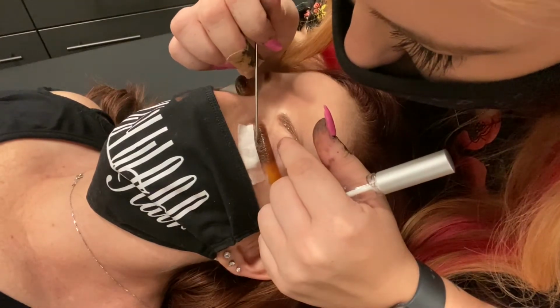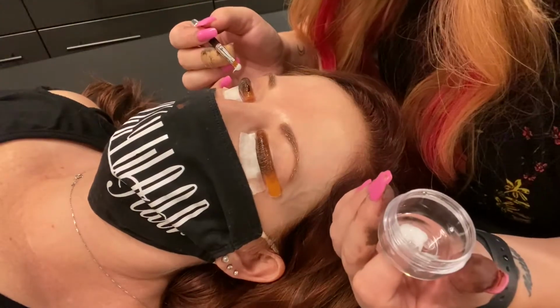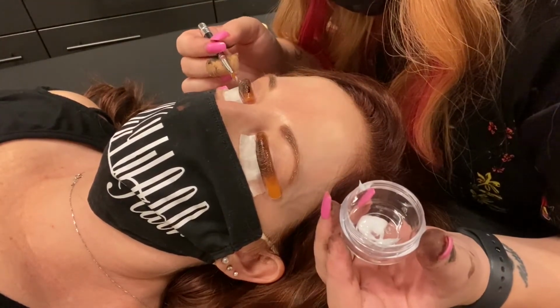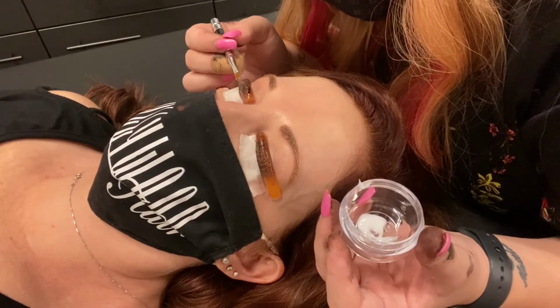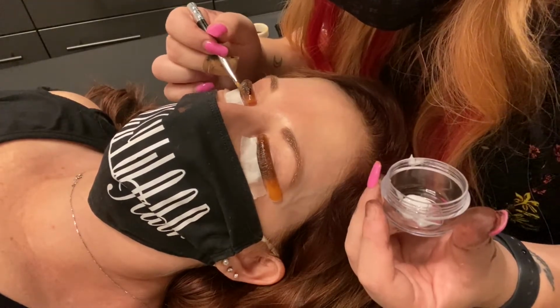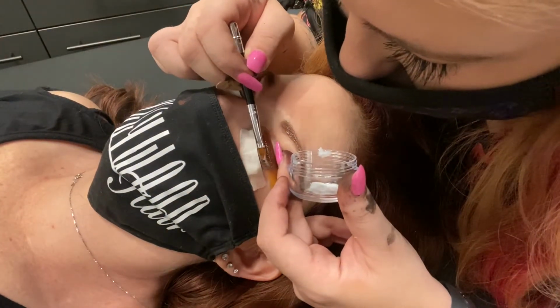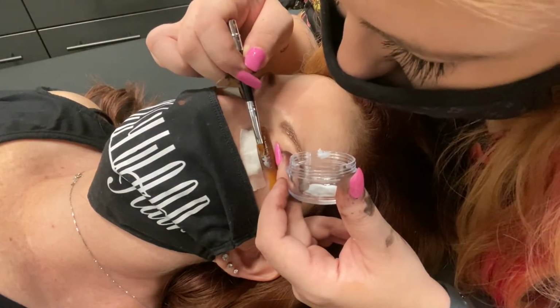Keeping sure that there's no gaps, it's filled in, and it's a nice even layer. Now we're going to start with step 1 of our lash lift. So what we're doing is we're putting a small dollop amount on our brush, and we're going to set it just like a 1/4 inch away from the base of the